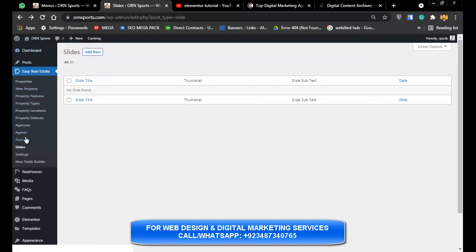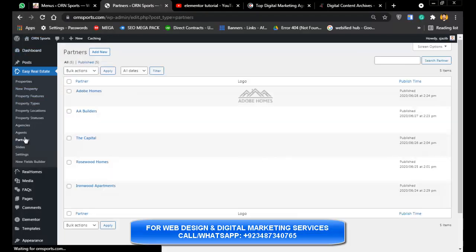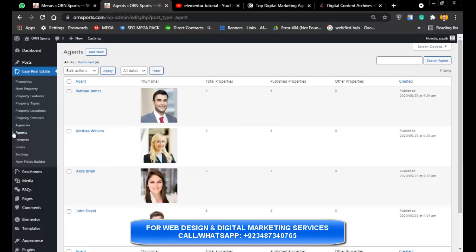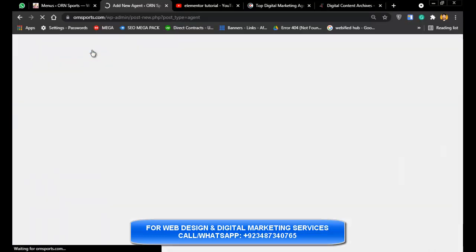Or if you want to add partners, your website partners, like the partners I showed you on the Elementor page, you can add, edit, or remove the partners and add your own ones. Like you were not able to edit the team section there, so to edit this you will simply have to delete all of these and click on add new. And after clicking on add new, you could easily add the team member to your website.